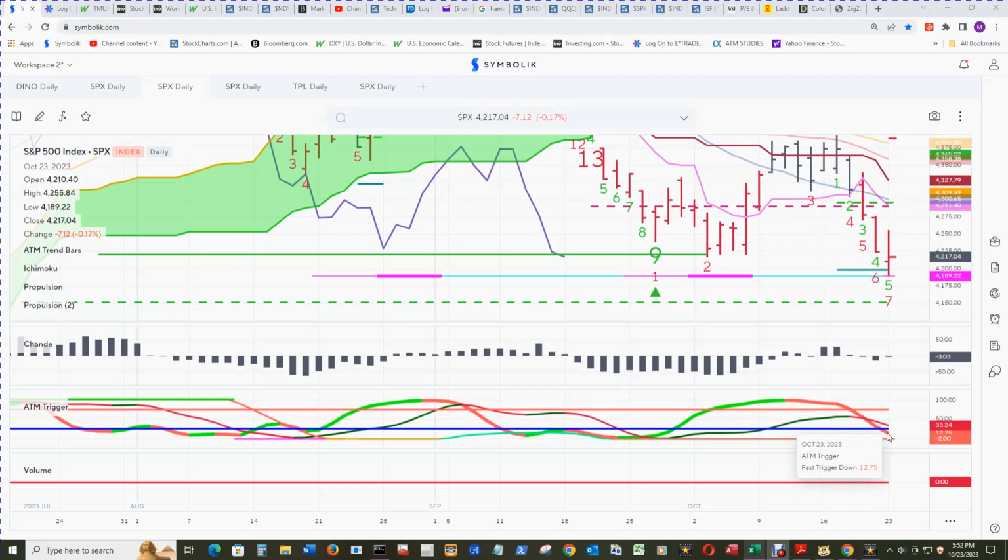And you can see the fast trigger made it below 25, and the slow trigger is slowly trailing it. So let's see what happens tomorrow. That would be another unbelievable stroke of luck if this could just skim off 25 and start heading back up for the slow ATM trigger down. And a long-term oversold P alert down did not print, but we did get the long-term oversold down for pressure,